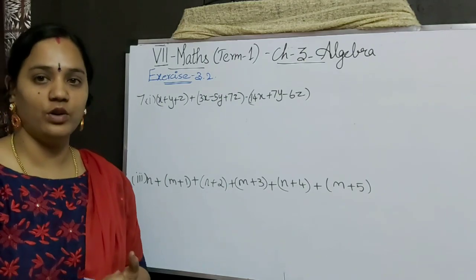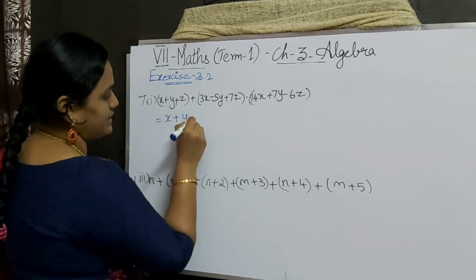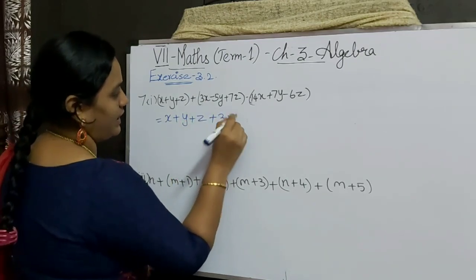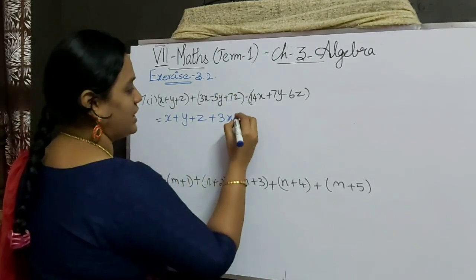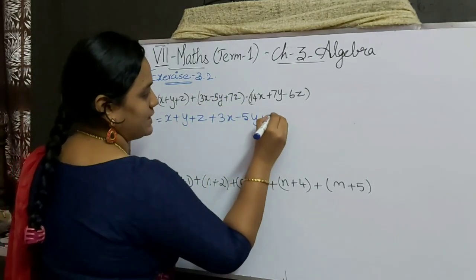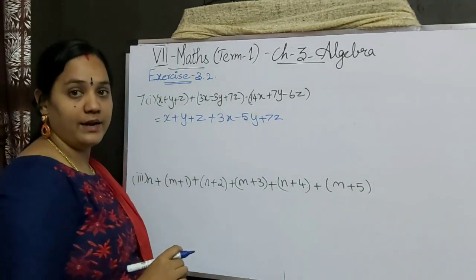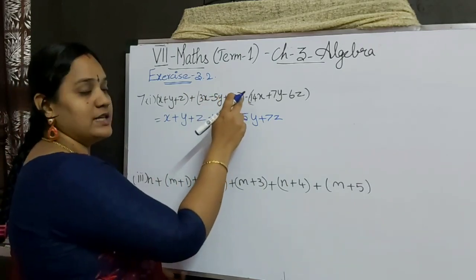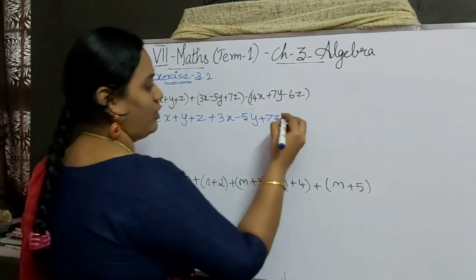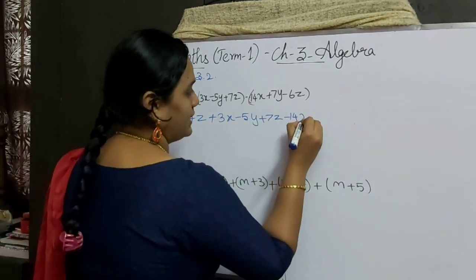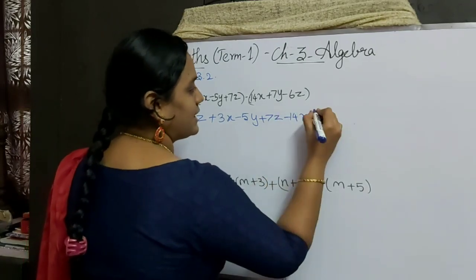So first thing we have to remove the bracket. Shall we do it? So x plus y plus z plus here 3. Here we have plus before the bracket. So I am writing this expression as it is without changing the symbol: 5y plus 7z. Okay. Here we have minus. Already I told you, if we have minus before the bracket, it means we have to change the sign of the terms inside the bracket. So now I am changing the sign. So here I have written minus 14x minus 7y.